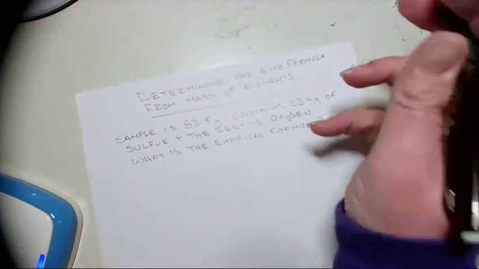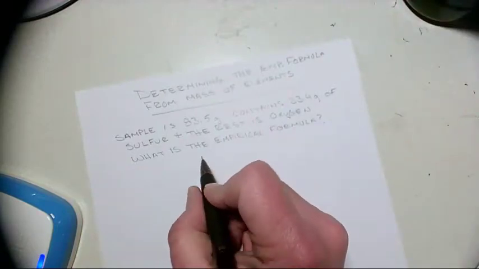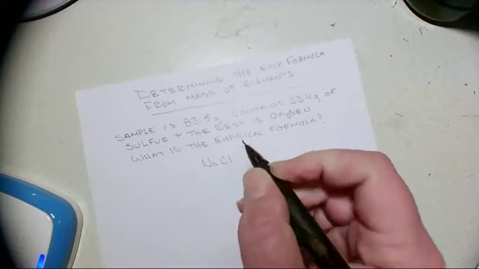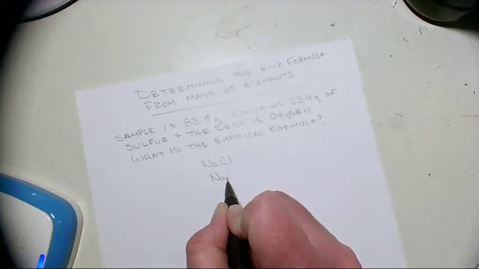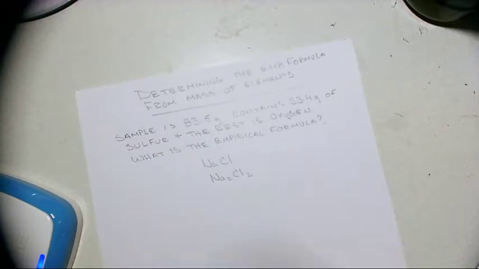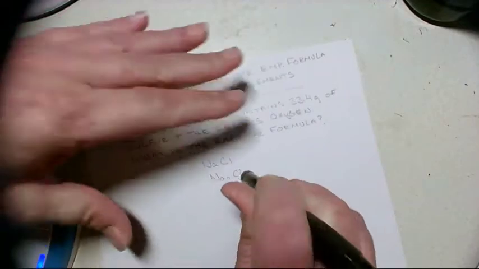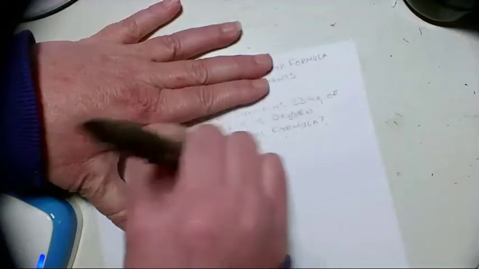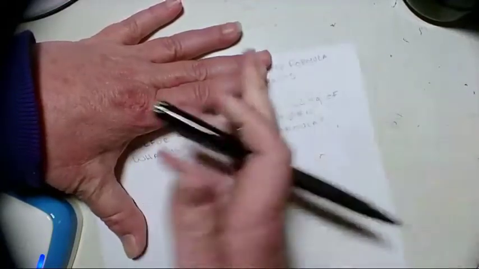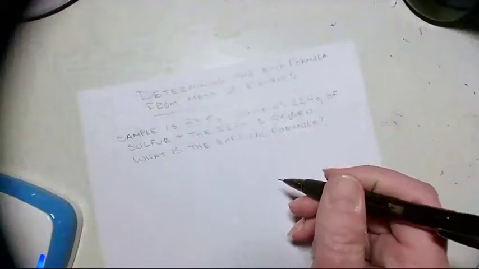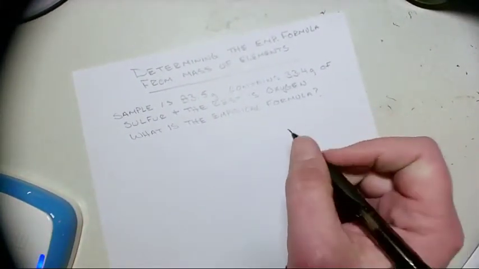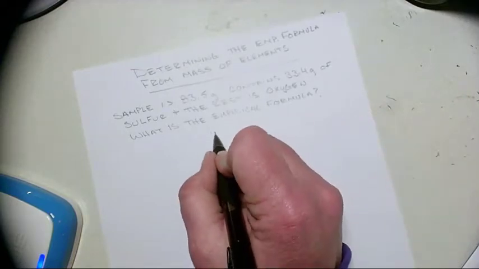So an empirical formula, that was one of the conversations we had, and it was specifically about something like sodium chloride. I said, what if I wrote this? Would that be the correct formula? And everybody correctly identified that no, it would not, because it wasn't in its simplest form. So there's a danger there, because NaCl is truly the chemical or molecular formula for sodium chloride, but this guy